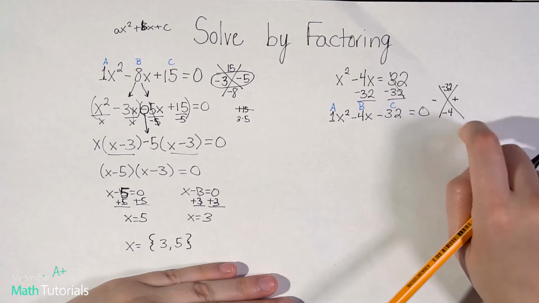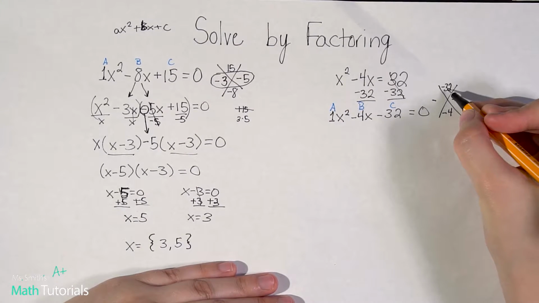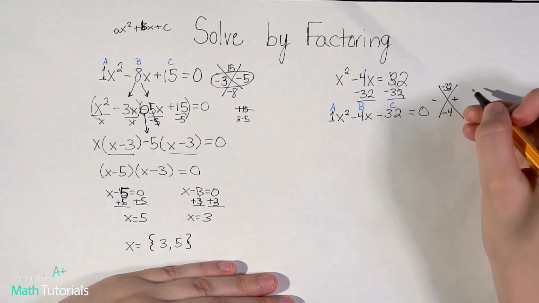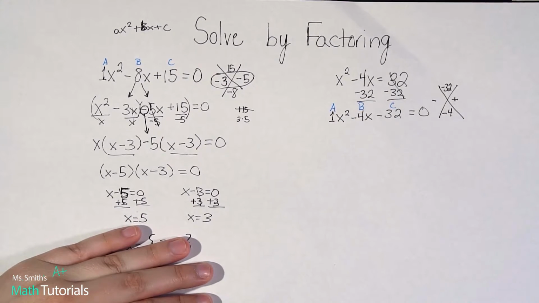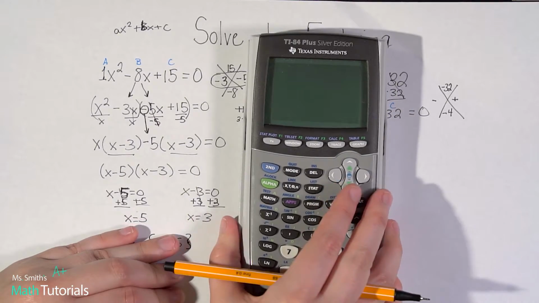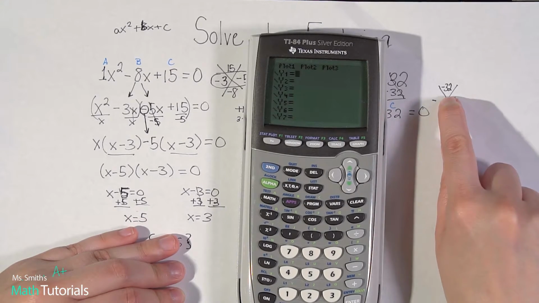Okay, so let's think about numbers now. 32 is a relatively low number. I could probably just name some things, but you know what? Let's just use our calculator trick. Let's make sure we show that. All right. So for our calculator trick, I'm going to go to my y equals. I'm going to type in the number I want to know all the factors of. So 32